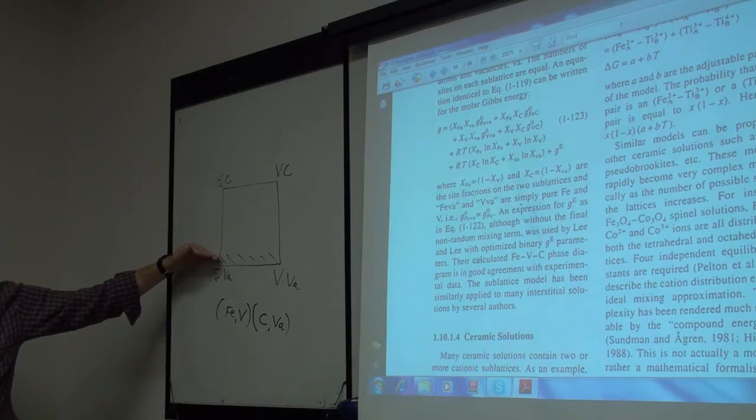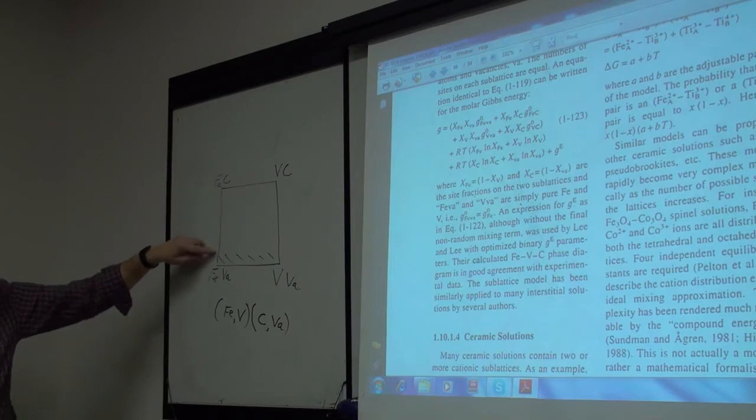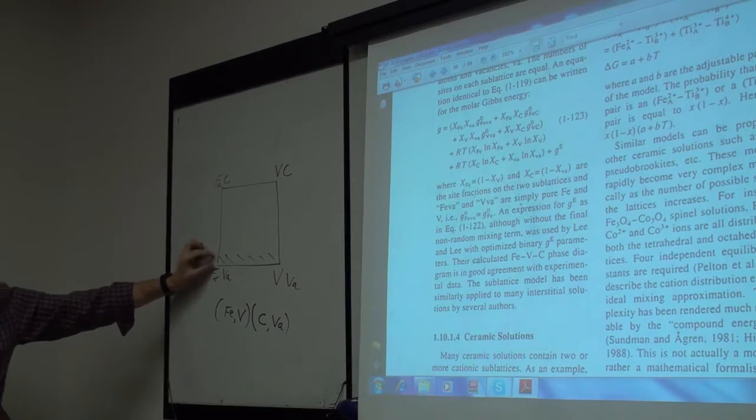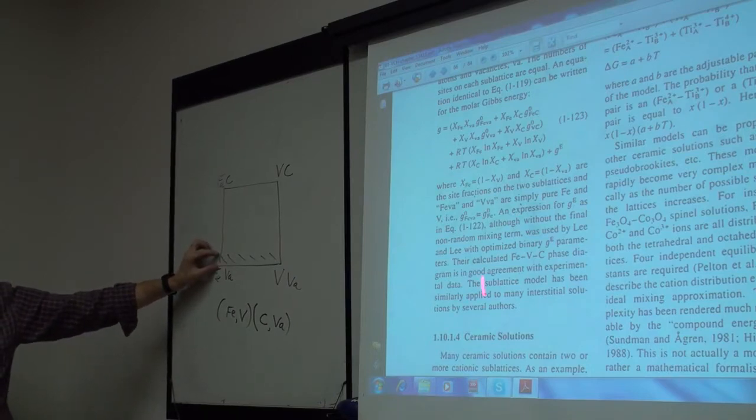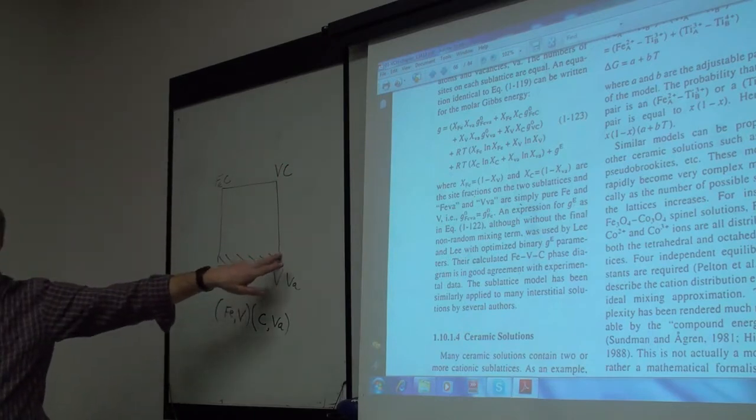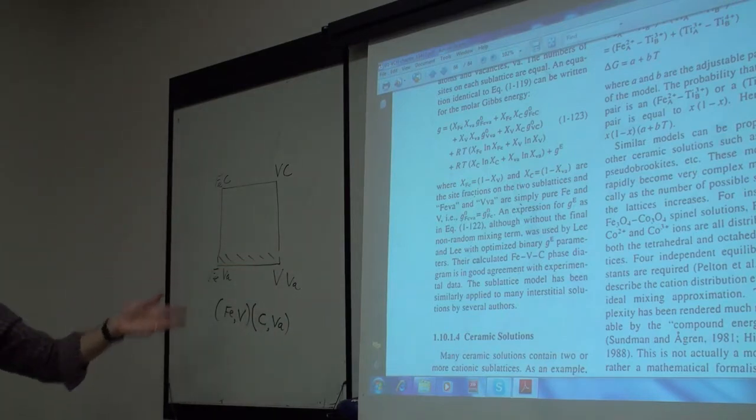Okay. If you know the solubility of carbon in iron, then you can get the value of G0 FeC that will give you the known solubility. If you know the solubility of carbon in vanadium, you can get the value of G0 VC that gives you the known solubility here. And then you're using this model. Now you've got an interstitial model, but you fitted it into the entire